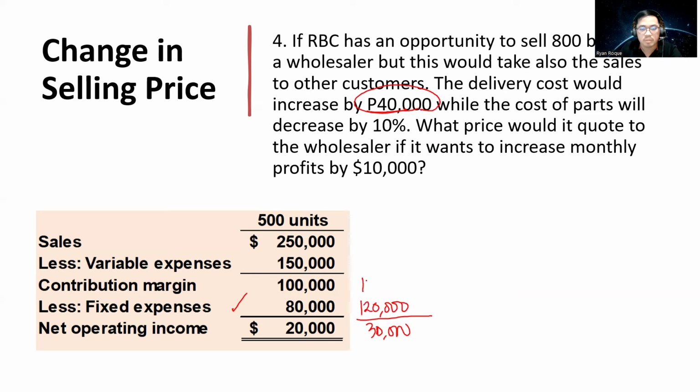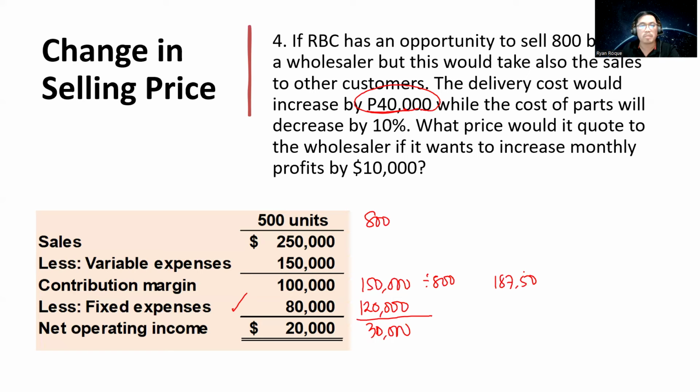So the CM would be 150,000. But again, since it will disturb all the sales to the other customers, this represents the 800 bikes to be sold to the wholesaler. So you divide it by 800, you will get the CMU. So 150,000 divided by 800, so that's